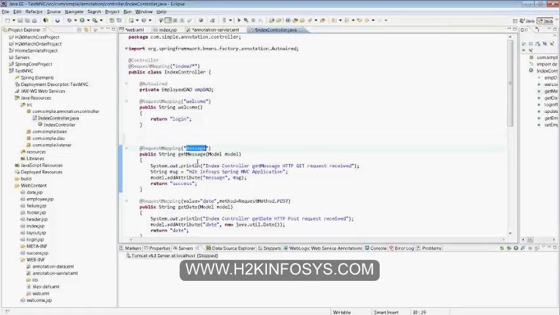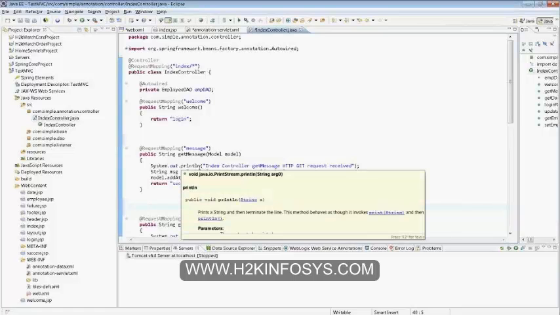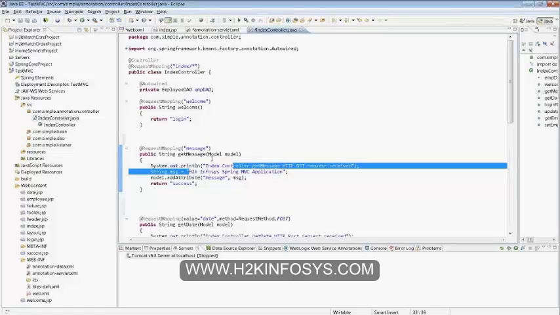Once after that, our intention is to display some message onto the front end. So whenever the user clicks on a button, the request will be received by the controller, and once after that it will forward to some other JSP wherein it will display a simple message called H2K Infosys Spring MVC application. So I just used one sysout statement and I have created a string message object, and after that